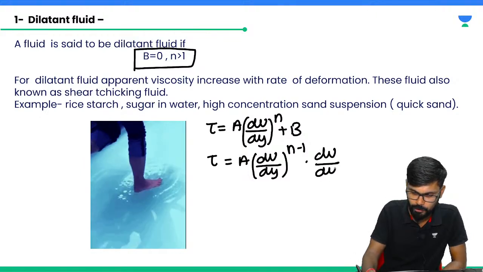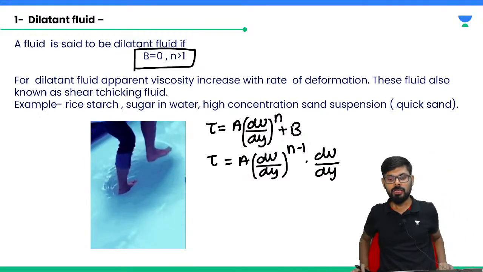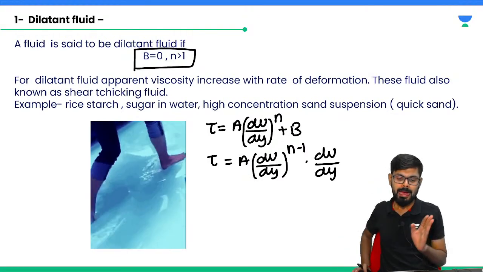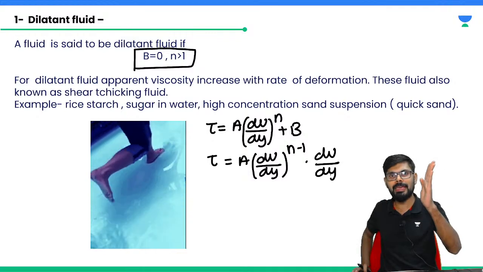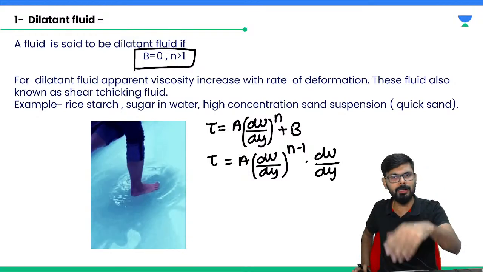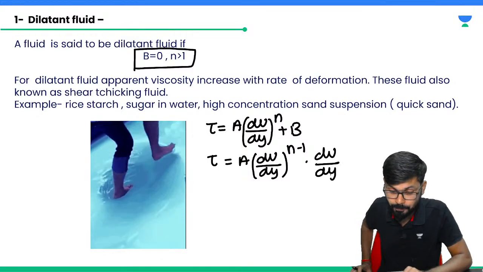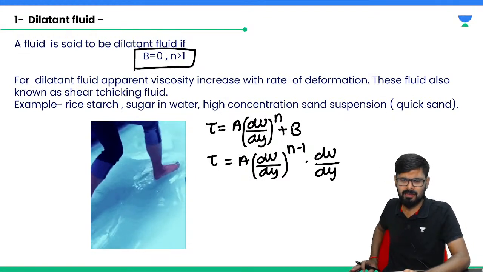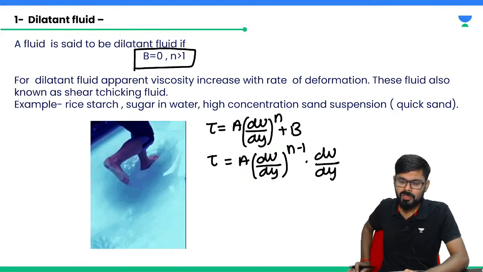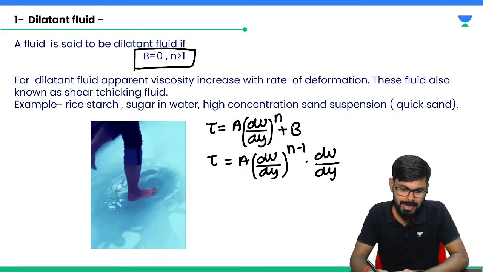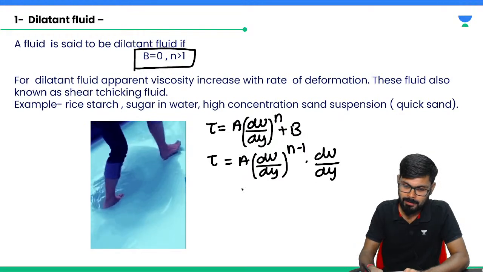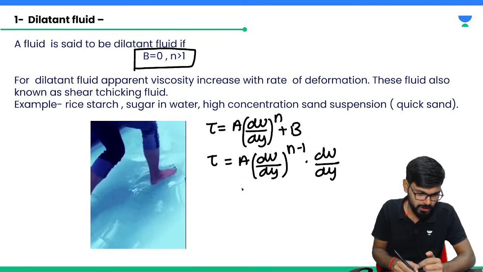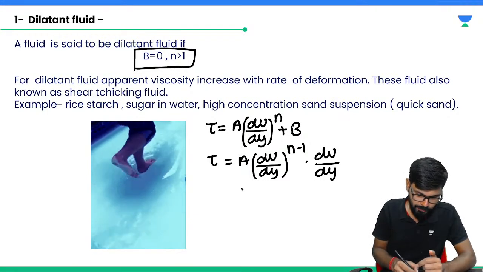Please listen here carefully. Here I put the B value as 0, and I am writing du by dy as n minus 1 into du by dy. If you multiply, you get the same thing, right? Please listen carefully. Now, as I told you, n value is greater than 1. Just understand, if I compare this with Newton's law of viscosity